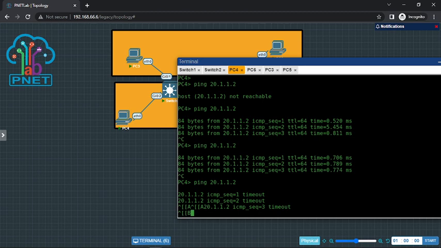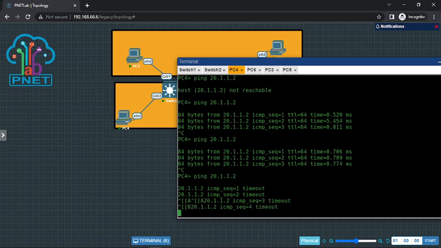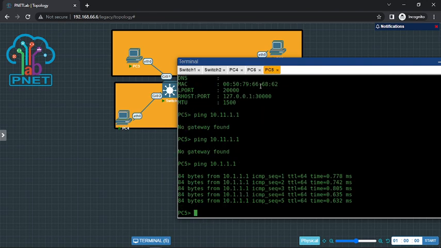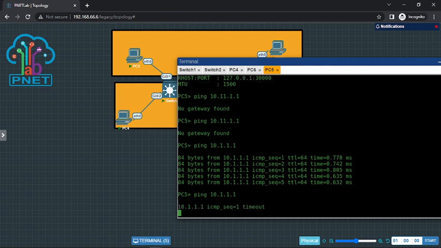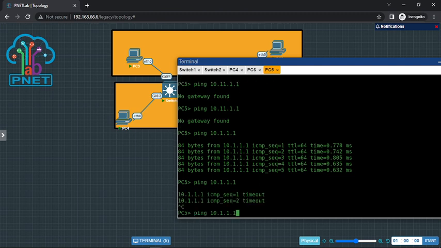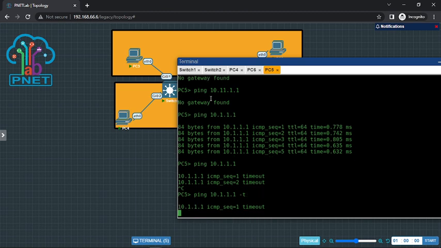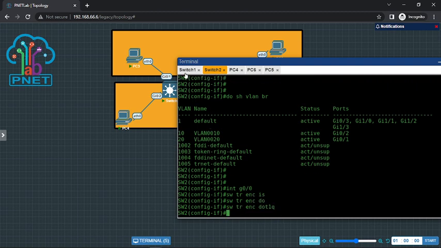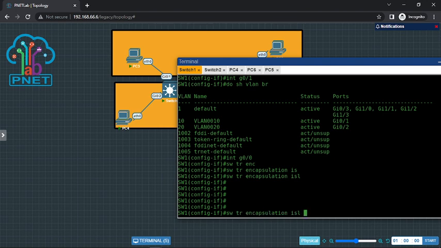You can see here timeout. If I try in here, timeout. But if I set dot1q and then in here dot1q,